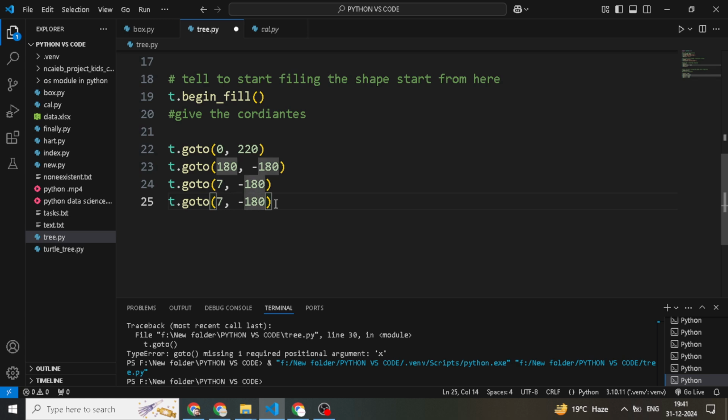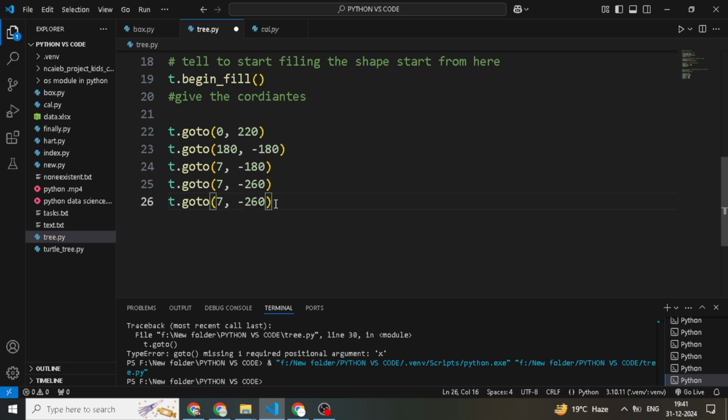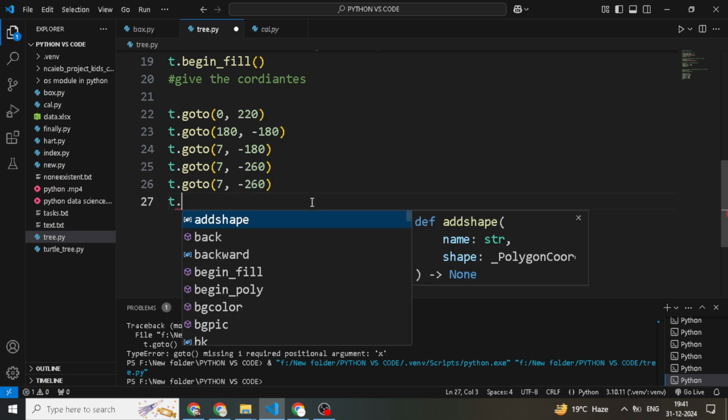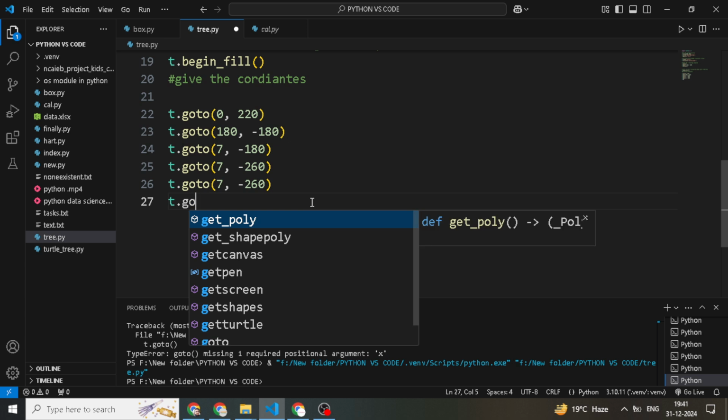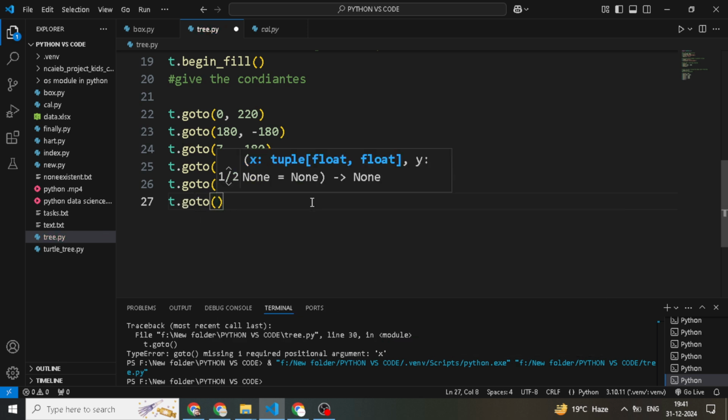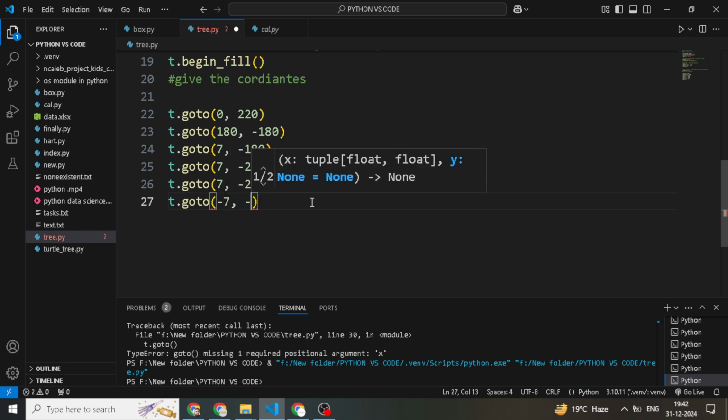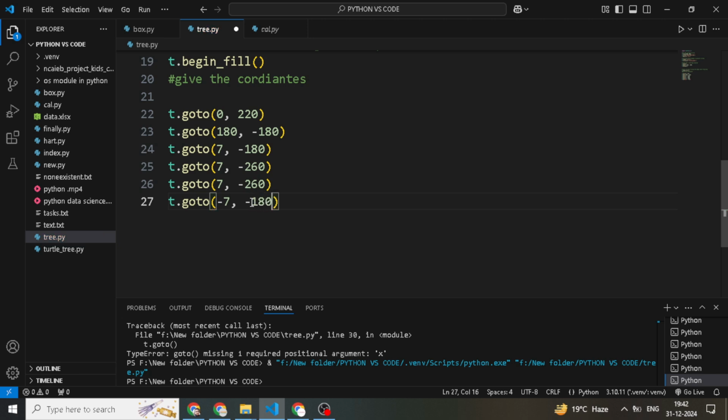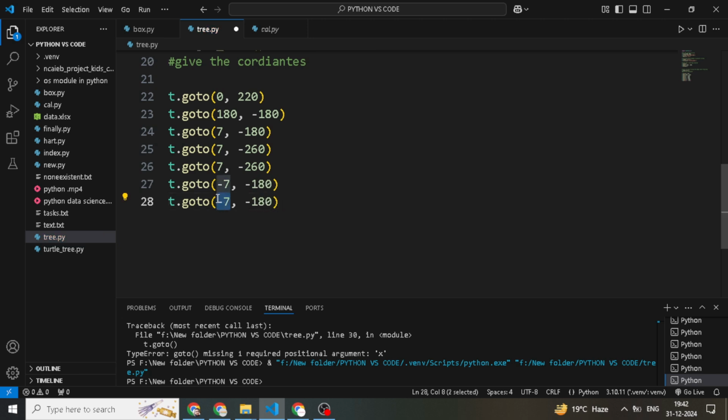Now -260, that's the y-axis. This is the first line, this is the second line, this is the third, fourth and fifth. In my sixth line, t dot goto minus 7, -260, -180. Seventh line: -180, -180.